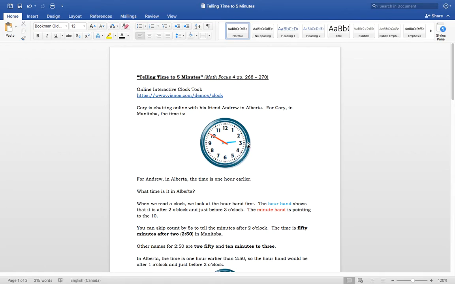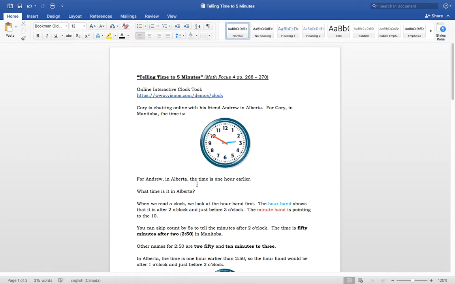So I can skip count by fives to find out how many minutes into the 2 o'clock hour it is. So let's do so. We'll start at the 1 and go 5, 10, 15, 20, 25, 30, 35, 40, 45, 50. So it's 50 minutes after 2 o'clock